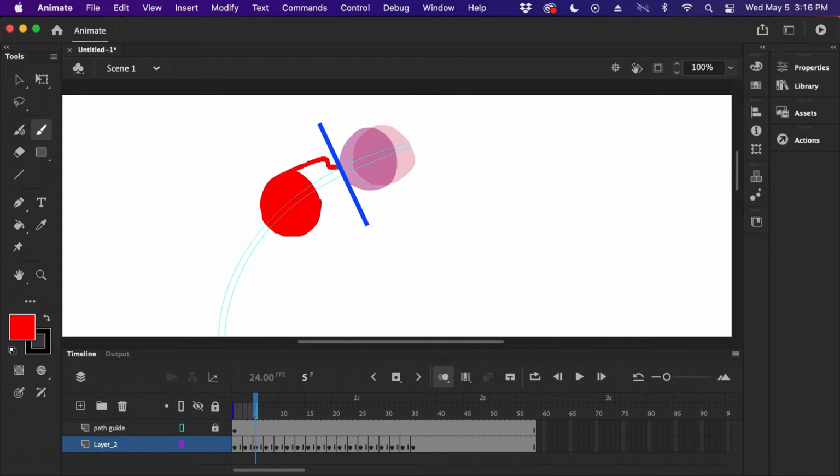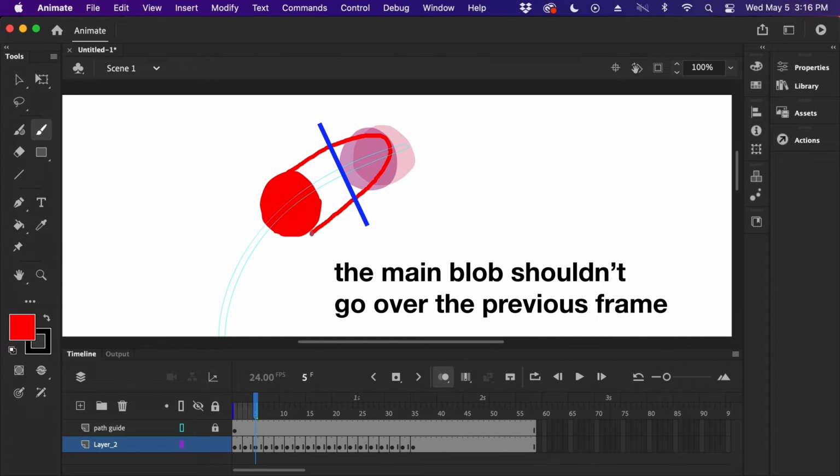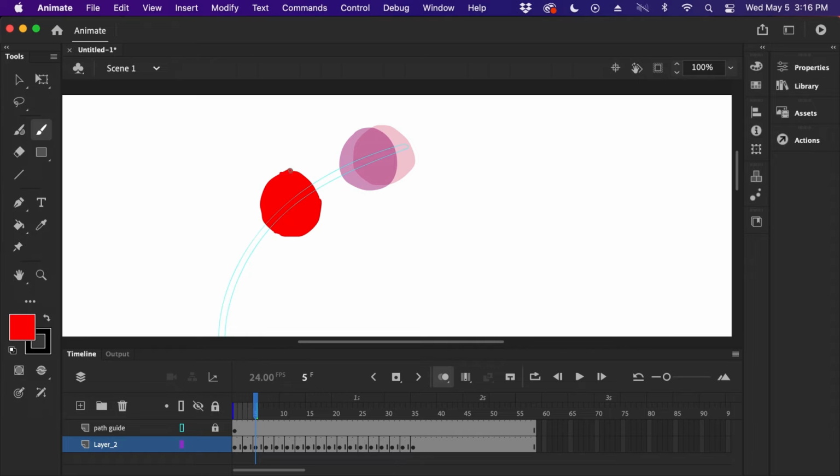So if I'm gonna make a trail, it's gonna be like that. And I'm just gonna click K. It's not going to be in the same position as the previous one right here. It's just going to be here, just over the edge of the previous frame. And I'm gonna click K, color that in. For this one, I choose just not to add a trail because the distance with the previous frame is just too small. It doesn't matter anymore if it's too small to notice anyway. So I'm not gonna add a liquid trail or the main blob here. So this one is good.